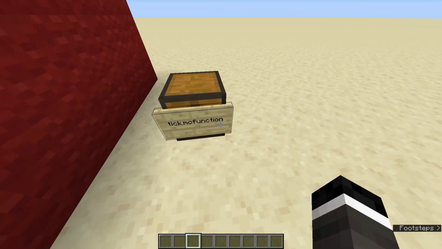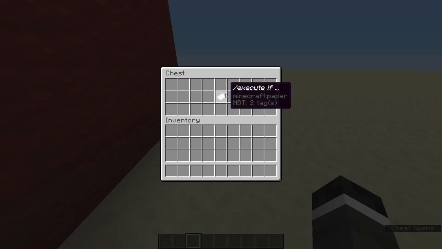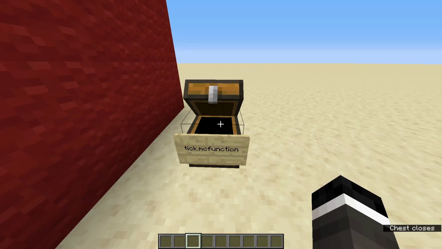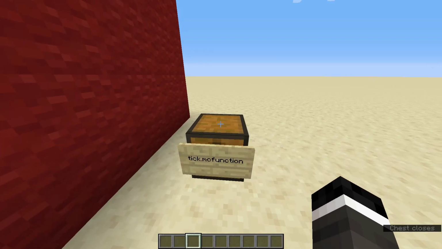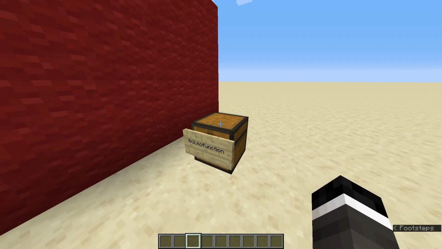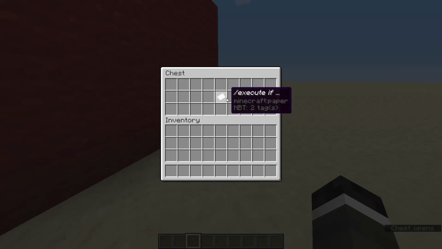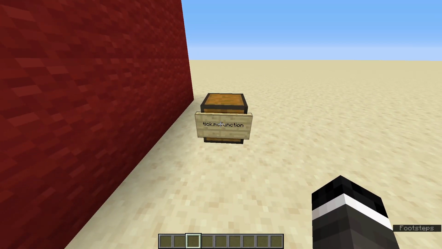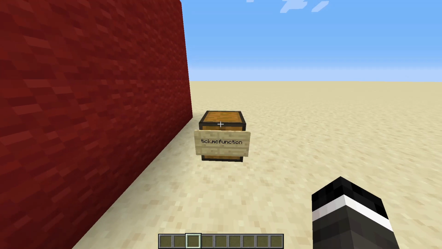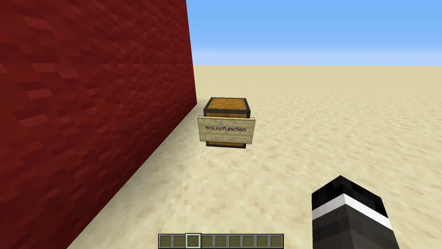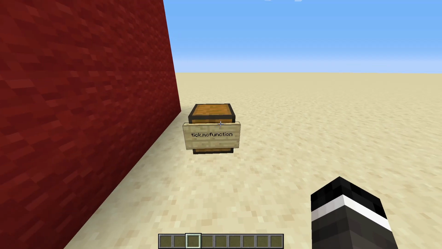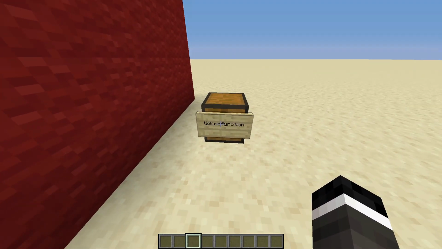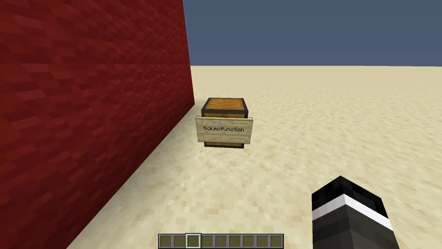And then you're going to have your tick.mc function. This is going to be for executing if commands or any other commands that you want to run every tick. Now, in case you don't know, 1 second is equal to 20 ticks. So your commands in the tick folder are going to run 20 times in 1 second. So don't have a ton of commands in tick if you can't help it, because